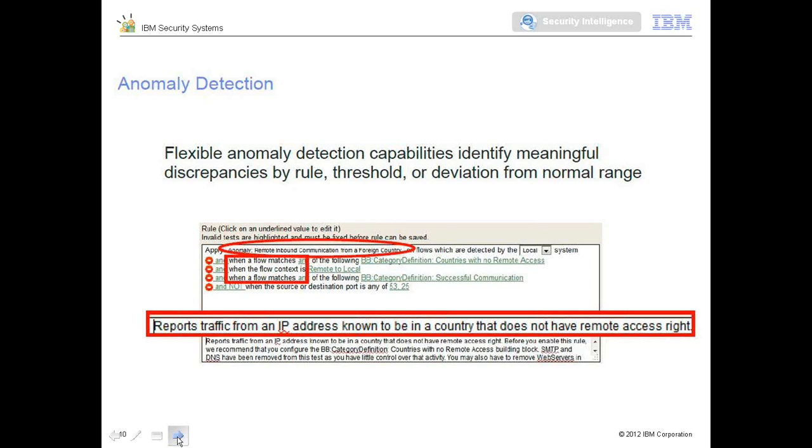Now, how do I know that the IP address came from a country which does not have a remote access right? Because I integrate with IBM's X-Force data feed. I am being given information about which are the typical spam sites, which are the typical malware sites, which are the typical sites which originate in a country, which are rogue sites, and so on and so forth. So I get all this information, I integrate that with the information that I see on the network, and I show you whether something is